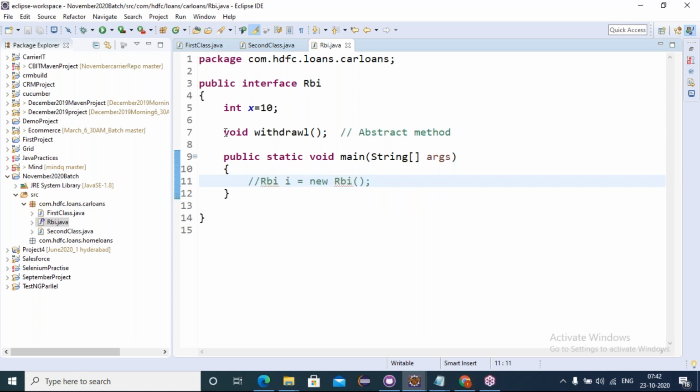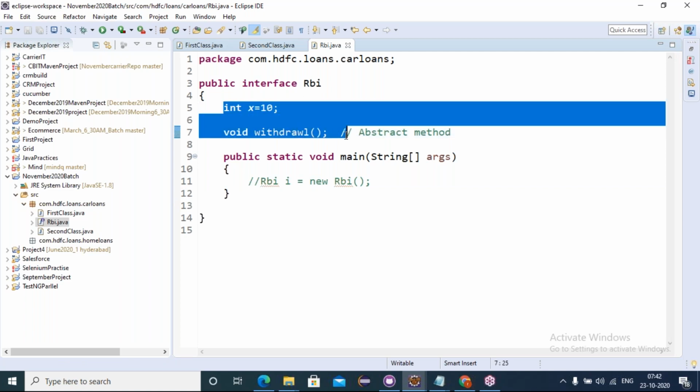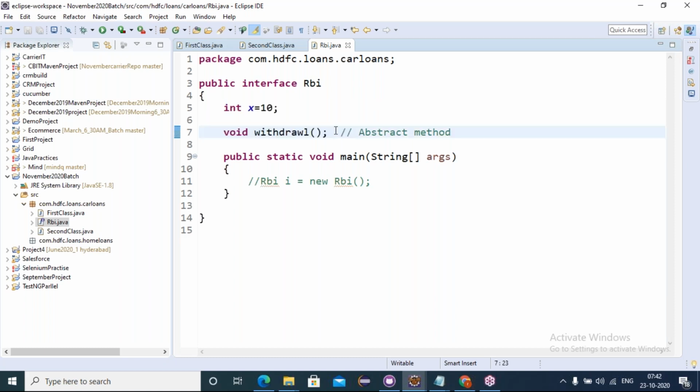Then how can we access this? How can we give the state for these interface properties? Through some child classes. Let me give one example. Friends, a father is having some properties, like 2 empty lands. The father is not feeling well. The doctor says he will be no more after some 6 months.